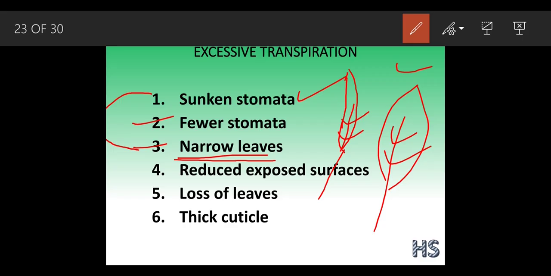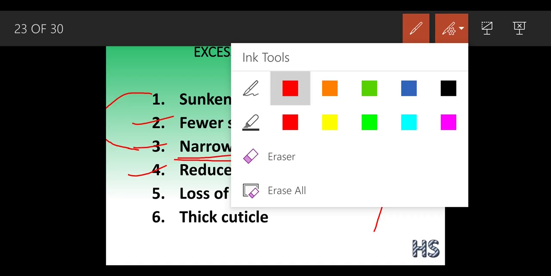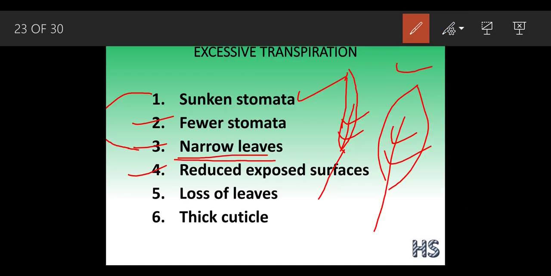Suppose some of the leaves are not narrow, they are quite big, as in a condition 4, what is going to happen with these plants? Let's take an example of this only. See, in this case you understood, the narrower the leaf, the less the transpiration. But in certain plants there is a big surface area of the leaf. See this part, there is a big surface. So how do these big surfaces of the leaves tend to lose a lesser amount of water?